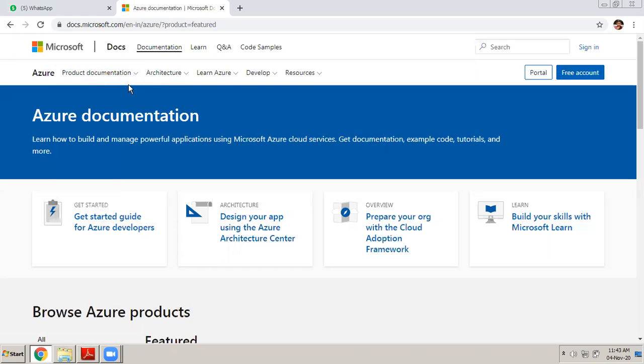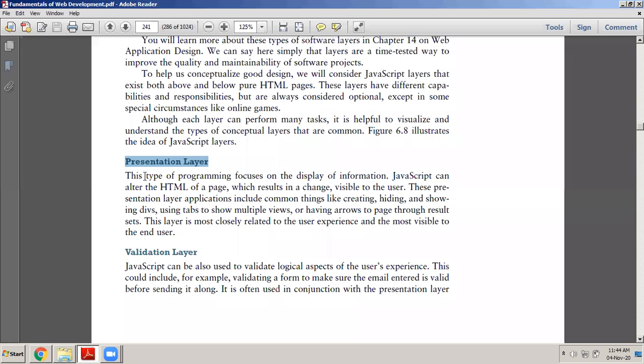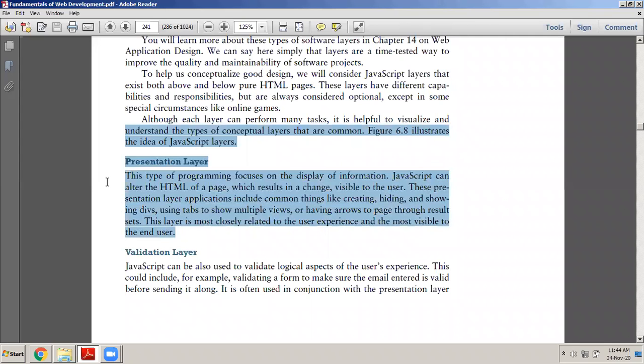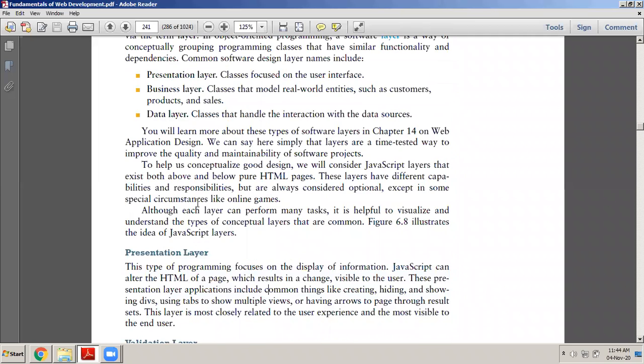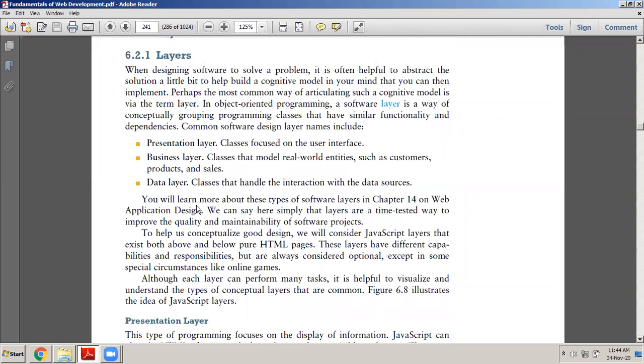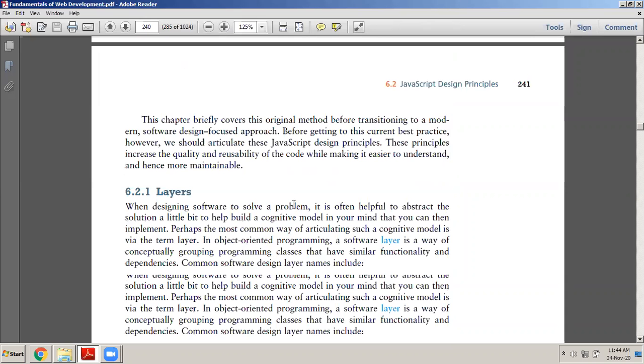So this user interface that is changing is done using JavaScript. So JavaScript plays a very important role in the presentation layer. Depending upon the user interaction, the display that is changing is because of JavaScript. So what you have to understand here is that whenever we are learning JavaScript design principles, where exactly JavaScript will be used, when you develop an